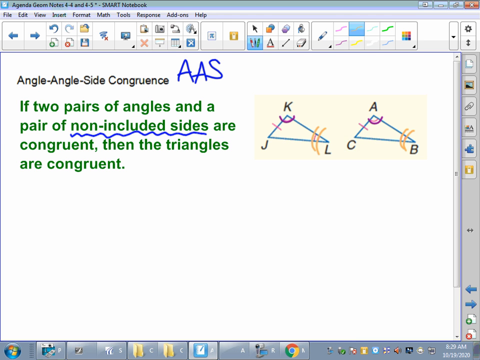And then the side that is not in between them, off to a side, it could be two really. So then this KJ and AC, the included side would be KL and side AB, which would make it angle, side, angle. So just be careful on those. Those are a little bit tricky, whether it's the included side or the non-included side. So since I know that I've got two pairs of angles and that non-included side, I can say these triangles are congruent. So I would name the first one